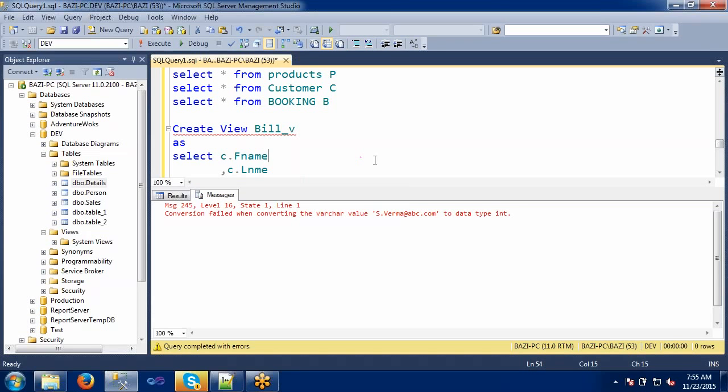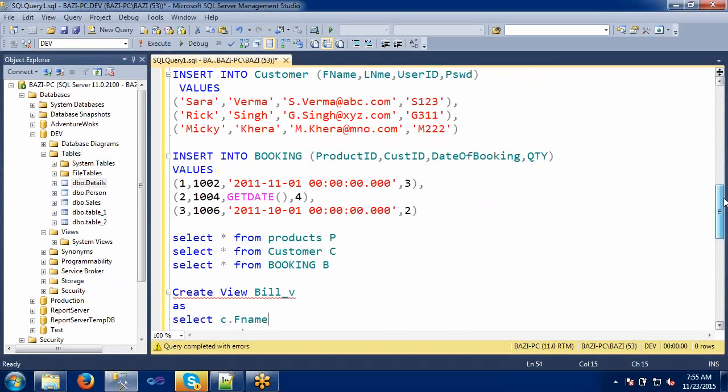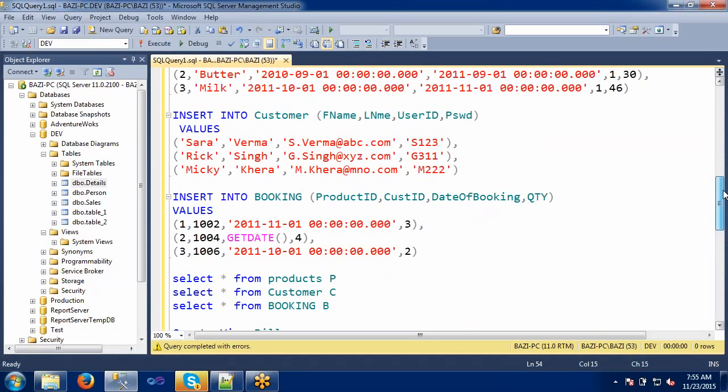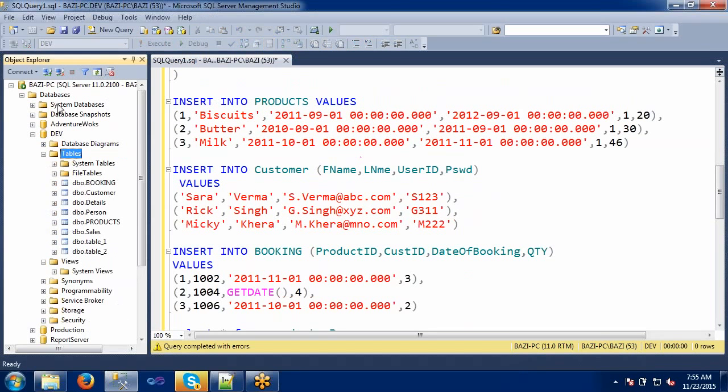Let's look into this one. We have the values in the first name, last name, and the password. First we will see how the table data types are created. So where did we get this issue here?